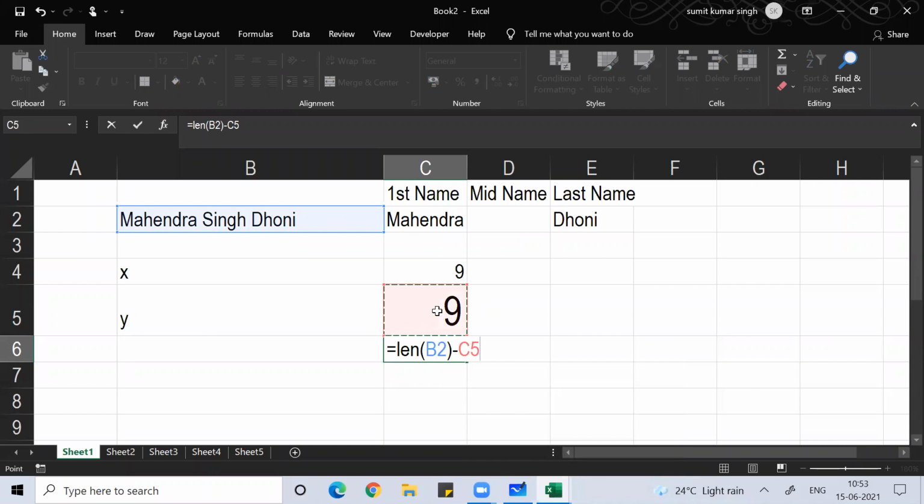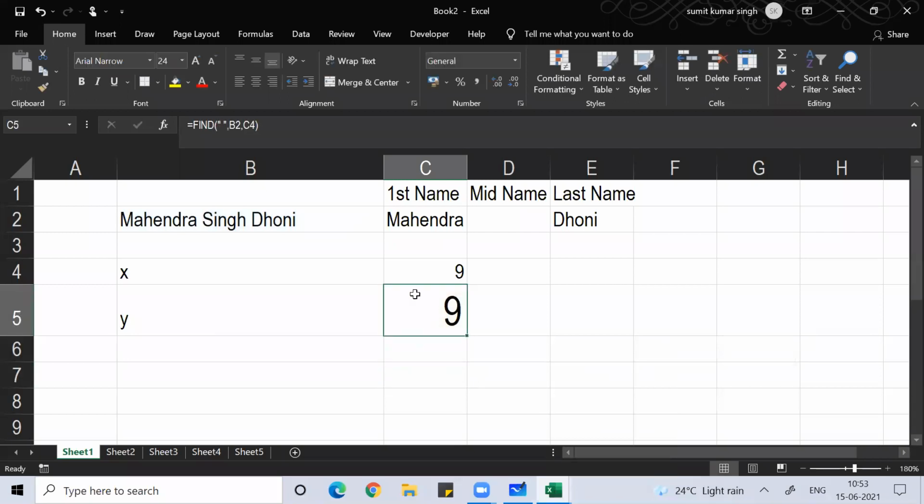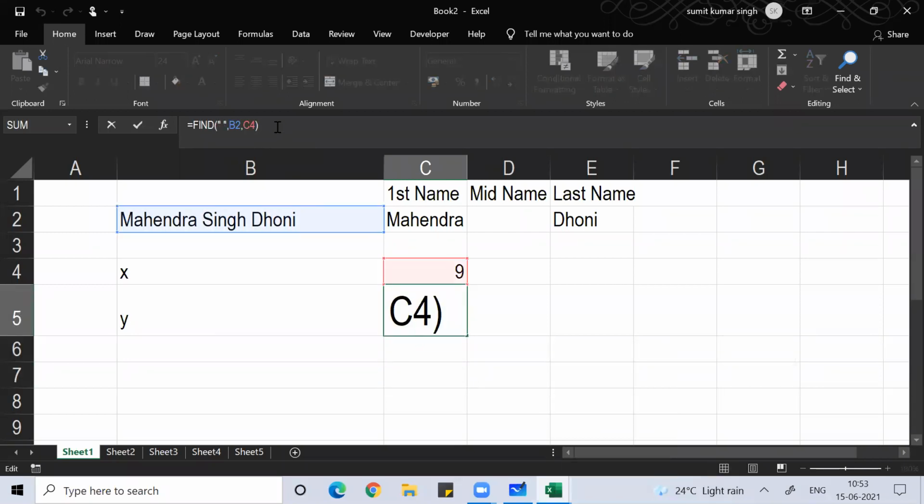From this length, what is this, Mahendra Singh Dhoni? His name length is this much. Here what I did, guys, I used plus 1, right?